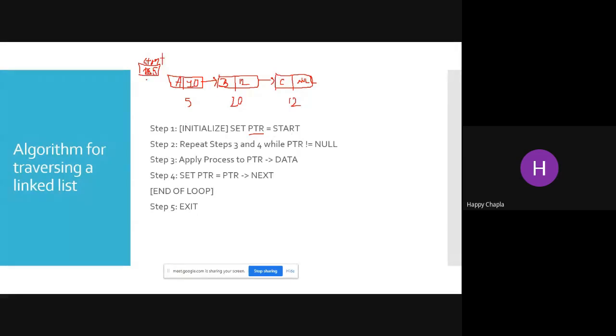Now, if I want to print this A, B, and C, what do we have to do? We just need to print A, refer to this 10, and jump to that location. That means without my start variable, I can never get the address of my first node. So we first need to find the first node address. Yes, I'm finding that address.